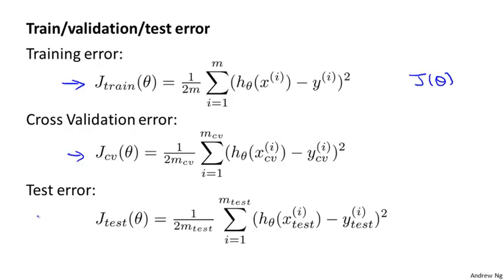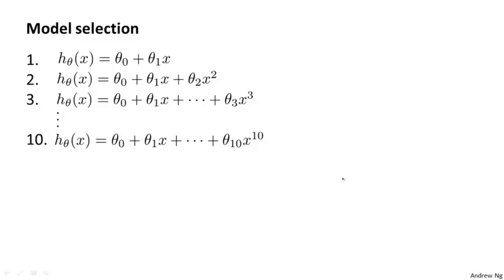And then J subscript CV is my cross-validation error. It's pretty much what you'd expect. It's just like the training error, except measured on the cross-validation data set. And here's my test set error, same as before. So when faced with a model selection problem like this, what we're going to do is, instead of using the test set to select the model, we're instead going to use the validation set or the cross-validation set to select